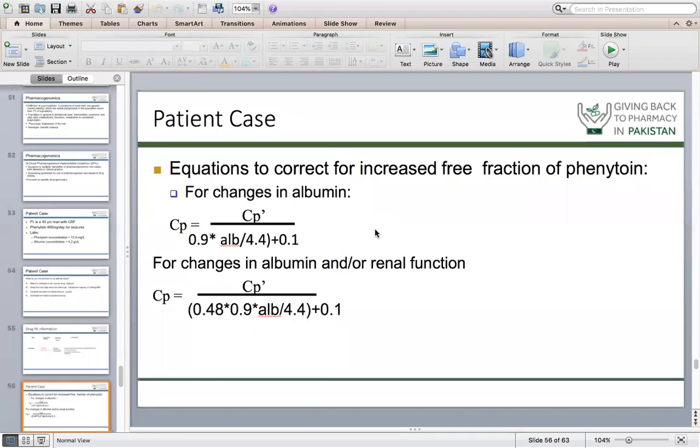Hey guys, if you have any question, you may ask. About the last slide, concentration dependent killing, but a single high dose may reduce renal toxicity. Kindly correct me. See, what are the guidelines which we use in our clinical practice? These have been